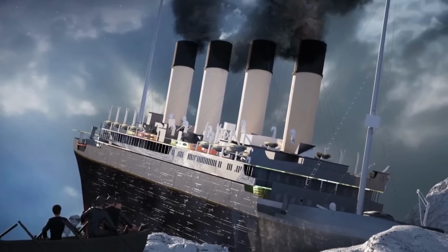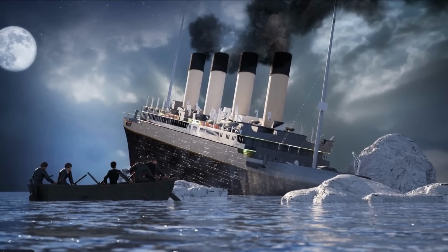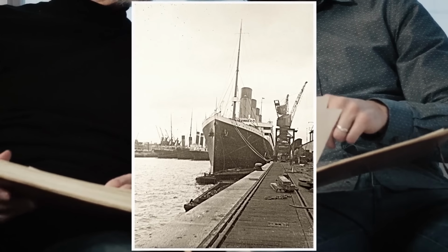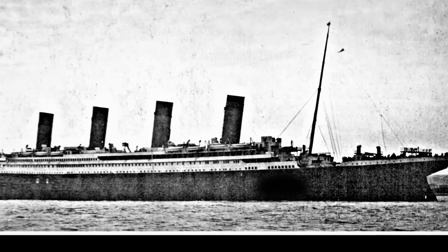There have been many theories to explain the Titanic tragedy, and one of the recent ones says that there was a fire involved. An Irish journalist went full detective for decades, digging into the mystery, and stumbled upon a game-changer. He came across a photo album that had been hiding from the public for a century after the tragedy. In the pictures, taken at the Harland and Wolff shipyard in Belfast, Northern Ireland,